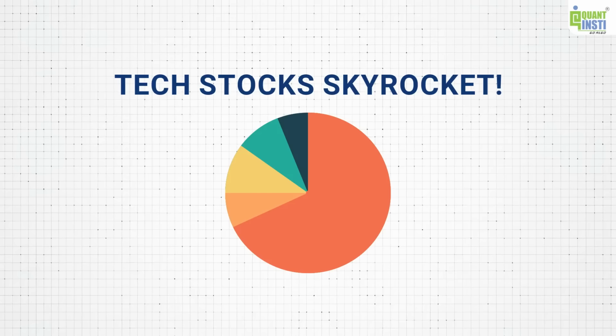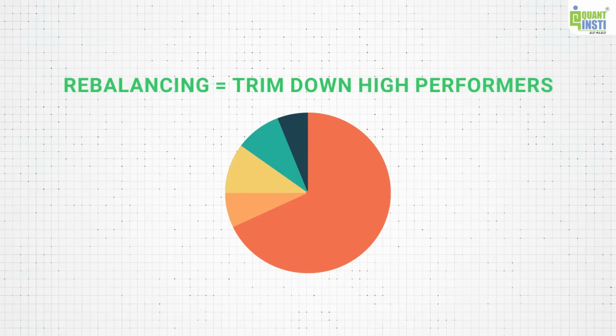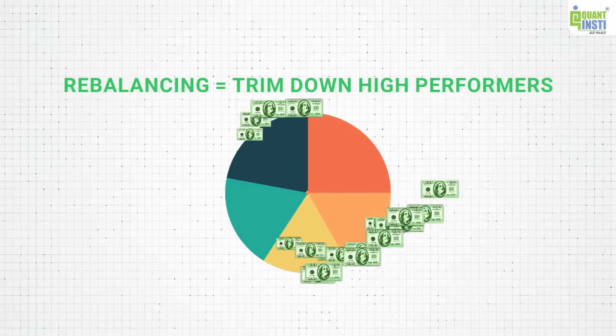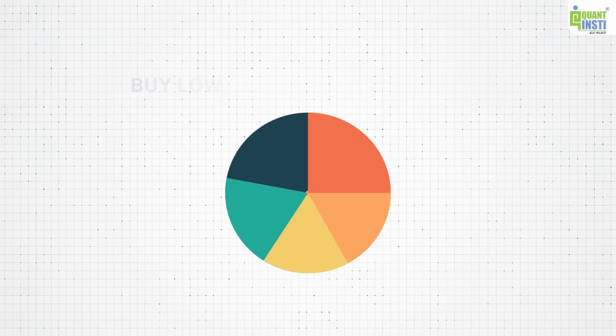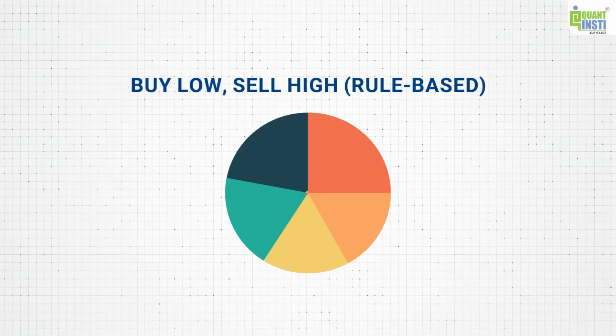with tech stocks. So what you do is you rebalance. You trim down your position in those tech stocks and get them back to their original proportions. While you sell some tech stocks, you will buy the stocks which have fallen below their original proportion, and this will give you a more rule-based approach to do things. With portfolio rebalancing, in many cases, you'll see yourself buying low and selling high.